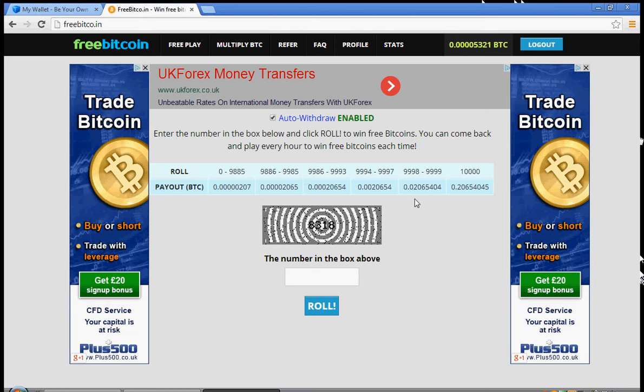Okay, so as you can see, you've got a row of numbers over here, and it's called roll. So if you roll 0 to 9885, you can earn 0.000. You get the picture. 207. I'll just use the last 3 decimals from now on, or 4 decimals, whichever. If you roll between this figure here and that figure there, you can earn 2065, and so on and so